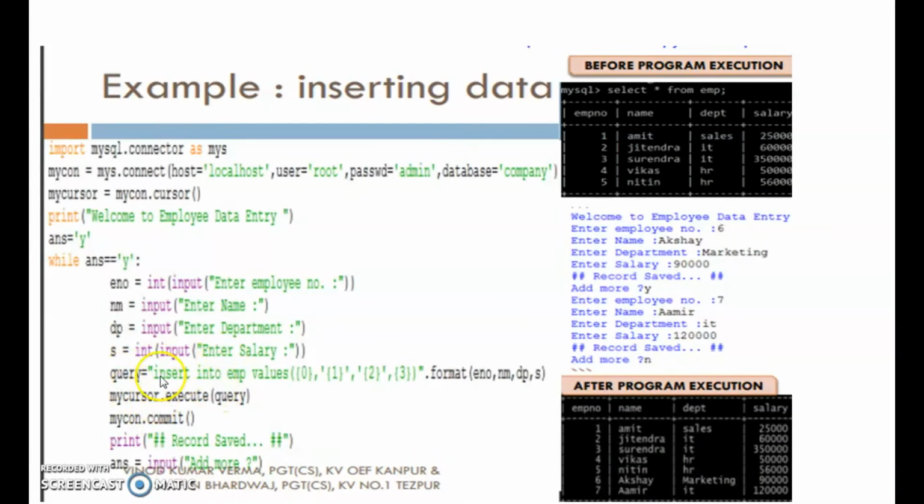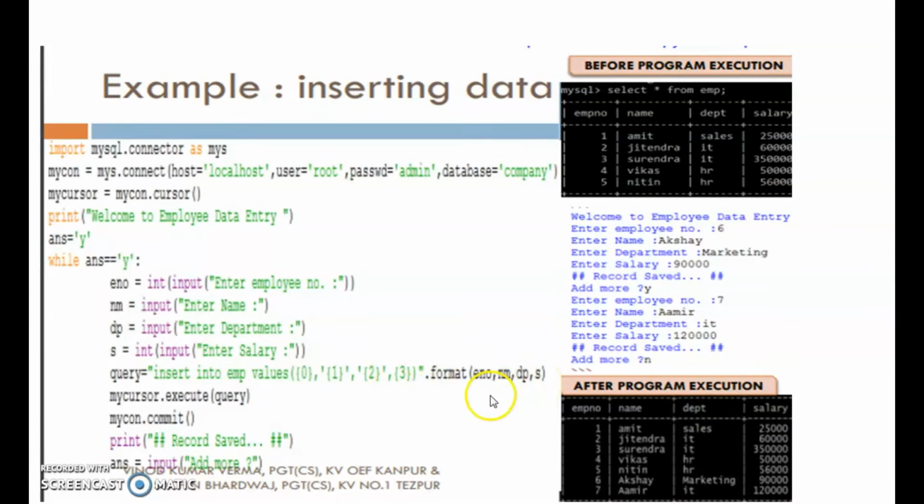Then the query is equal to insert into emp values {0}, {1}, {2}, {3}. All are given in between curly braces. Then bracket closed, quotation closed, dot format(eno, nm, dp, s). So when executing this statement, here 0 will be replaced by eno, 1 will be replaced by nm, 2 will be replaced by dp and 3 will be replaced by s.